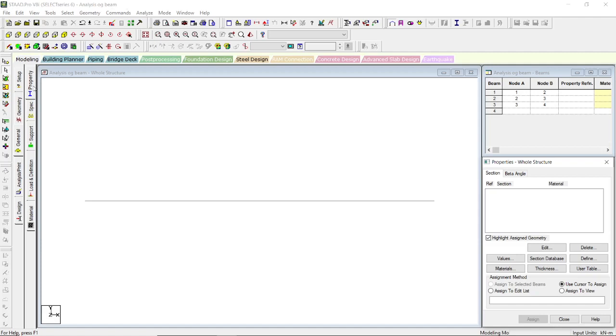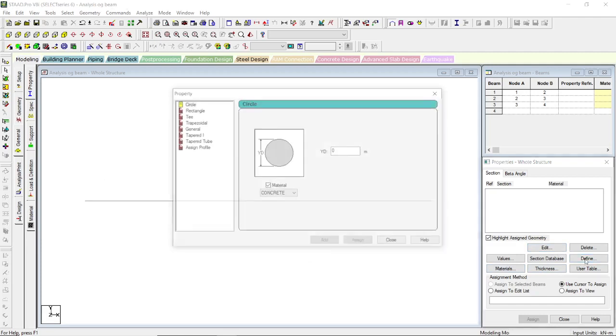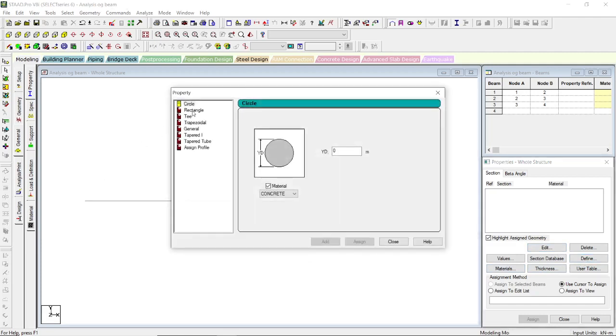To give its property, I am clicking property button, then one dialog box will come. For this problem we are assuming this continuous beam is made up of RCC, so click define, and I am going to select the rectangular section.